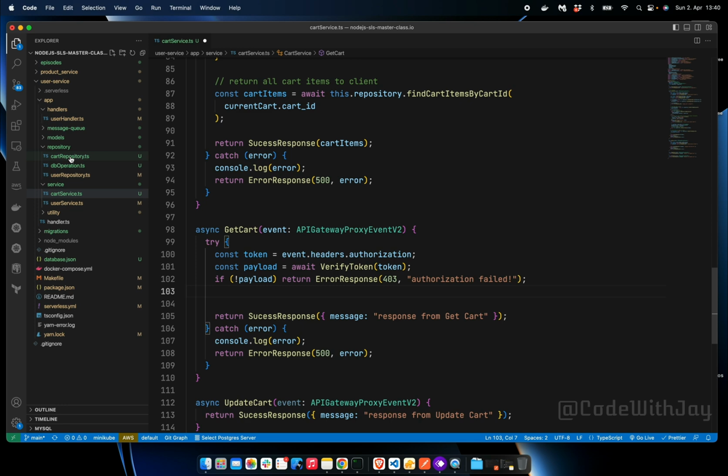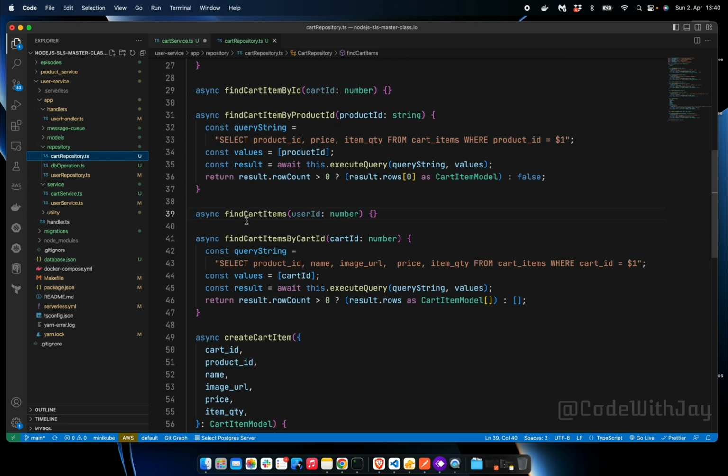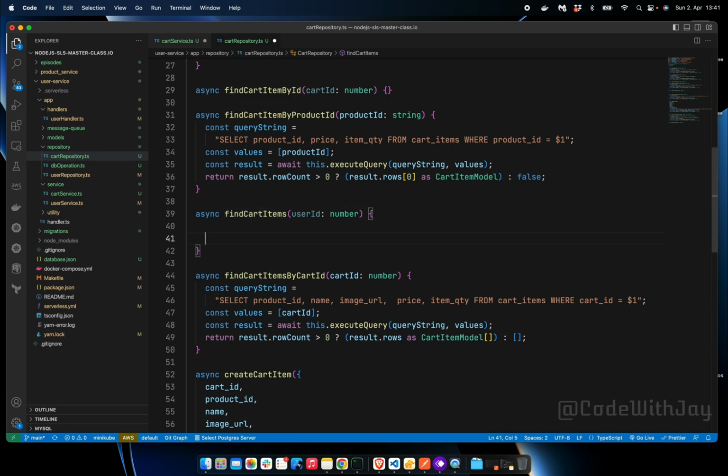From here in the card repository, you can see this function we have added earlier, to get the card items by card ID or user ID, right? So here we will be adding some code that is going to be like our